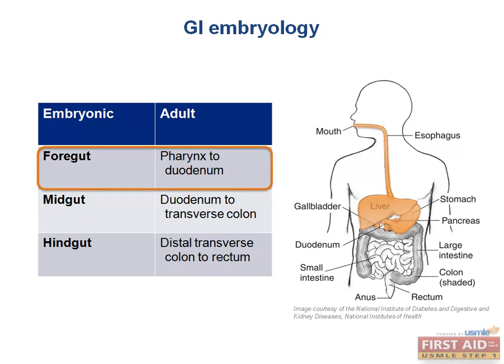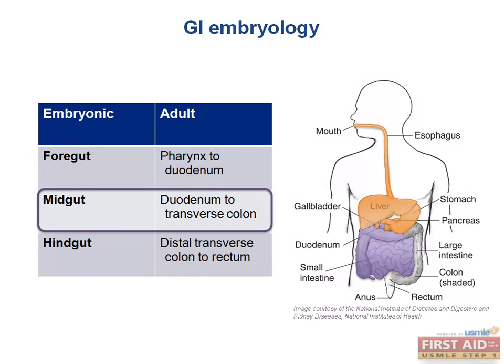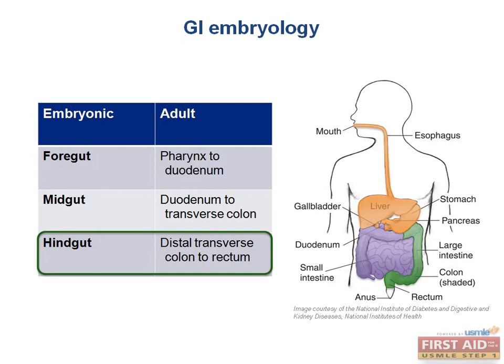First, the foregut contains the structures from the pharynx to the duodenum, which you can see here in orange. Next, the midgut is from the duodenum to the transverse colon, which you can see here in purple. Finally, the hindgut is from the last third of the transverse colon to the rectum, which you can see here in green. The blood vessels that supply these structures are the same throughout development, so you really only need to